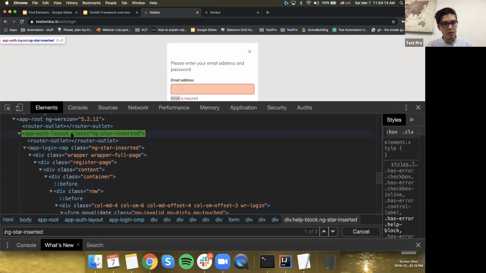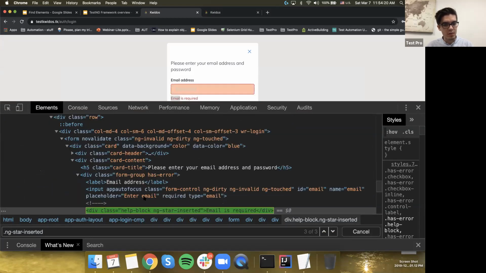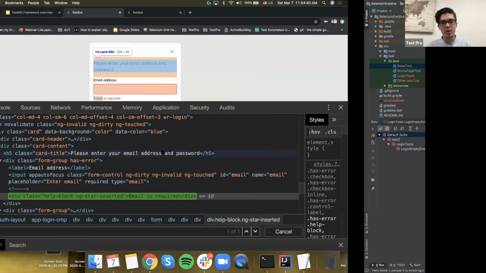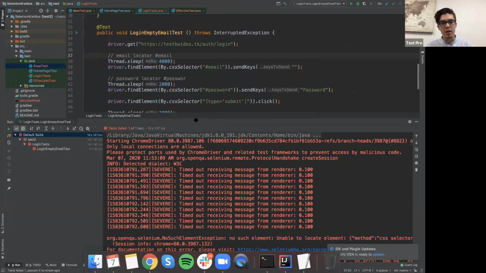No, it's not unique. Also not unique. Okay, so what we can say here is it's going to be our div method. Now we can say it's a div method with this class, and it's only one unique element, right? So we can copy that, and we can verify after we input the empty email